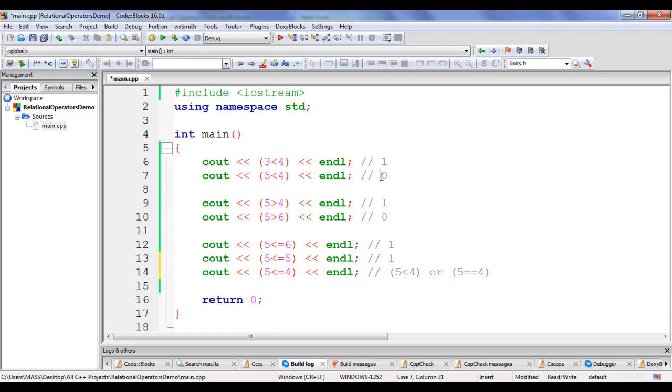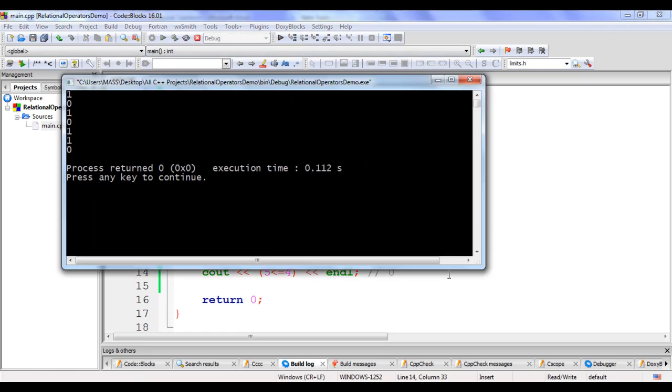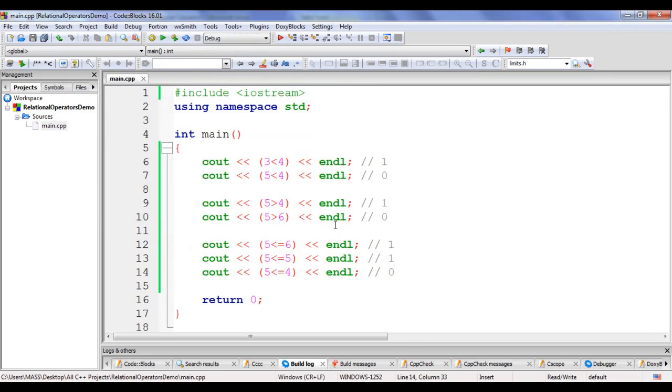We have seen already 5 less than 4 is false. We get here 0. 5 equal to 4 is also false because 5 is not equal to 4. We get here 0. This time both left hand side and right hand side are 0. So the result will be 0. If I say build and run, you can see that 0 is displayed in the console window. I hit enter to close the console window.